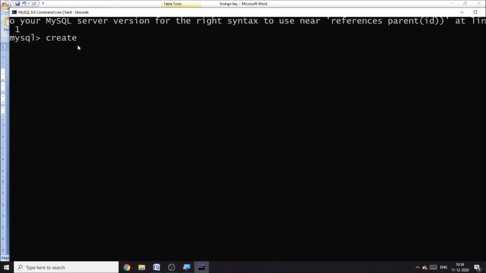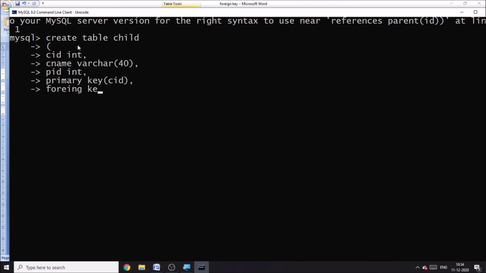Now we will create the child table. Create table child. That is child ID int, child name varchar 40. Another is parent ID int. Primary key is child ID.